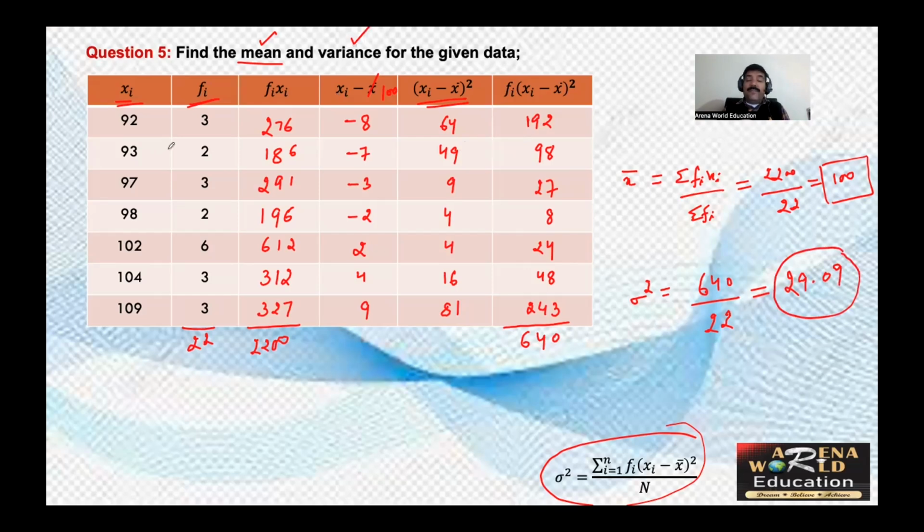So fourth and fifth question, they are similar. You have to be very, very careful while doing calculation. Calculation part is main, right? If you remember the formula, then only calculation is left. And while calculating, you have to be very, very careful because you cannot use your calculator, right?